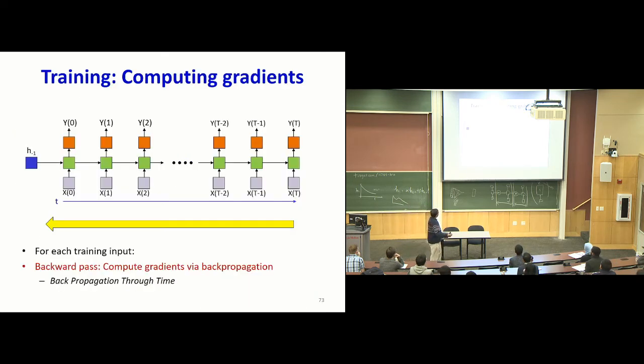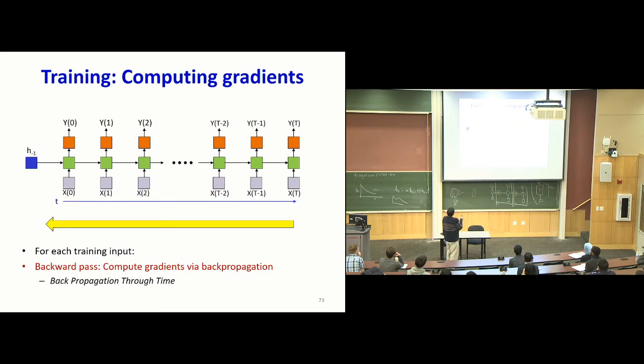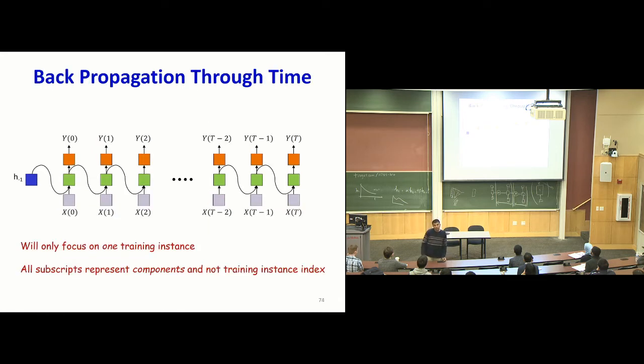Now, you want to compute your derivatives going backwards, starting from the end. That's why we call this backpropagation through time. Just to simplify the figure, this figure is probably not clear because I have 2 arrows going into this box, so it's not very obvious what's going on. So I'm going to try to draw the figure like so, just to show you the actual inputs.